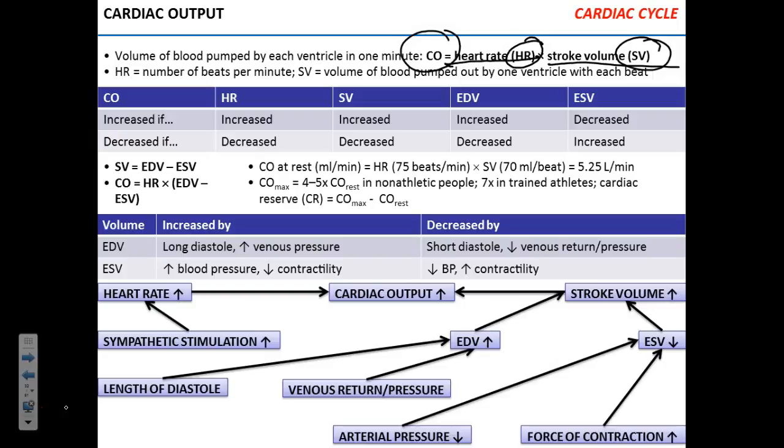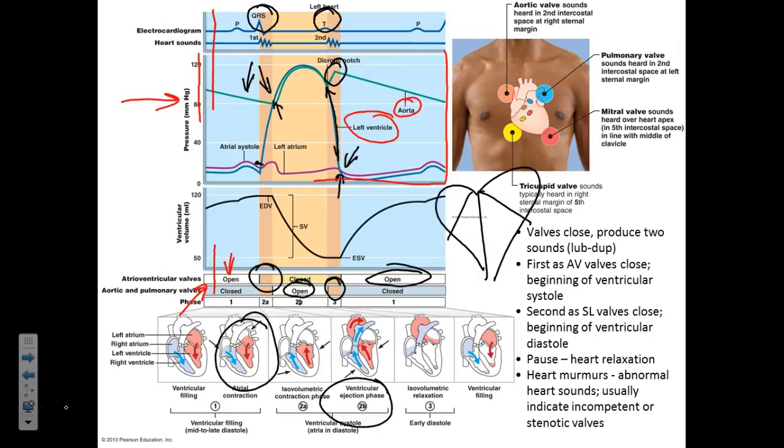Now, you may say, heart rate, yeah, I kind of understand, it can go faster, slower, but stroke volume? We can change how much blood the heart pushes out with each stroke? Turns out, yes. Let's go back for a second. When the ventricle fills up with blood, that's some limited amount.